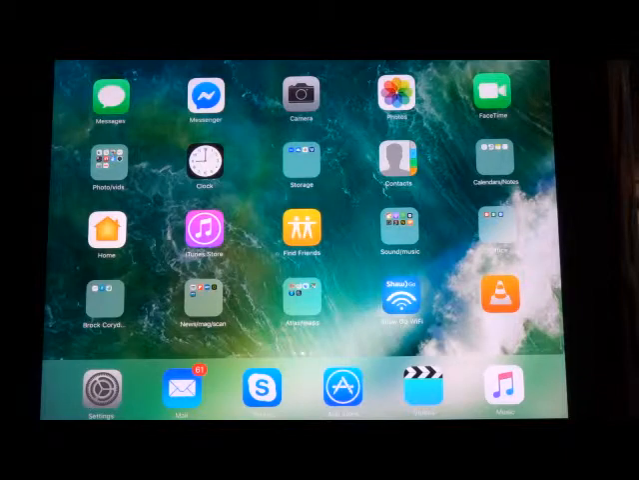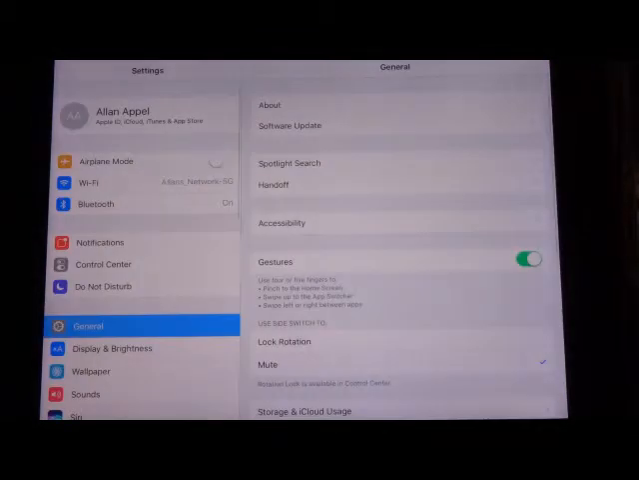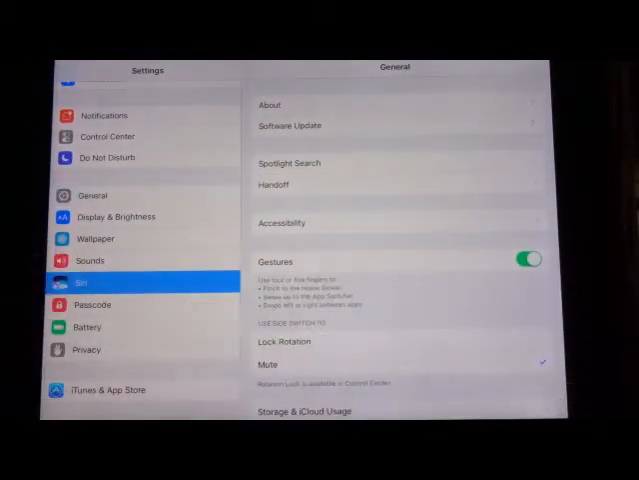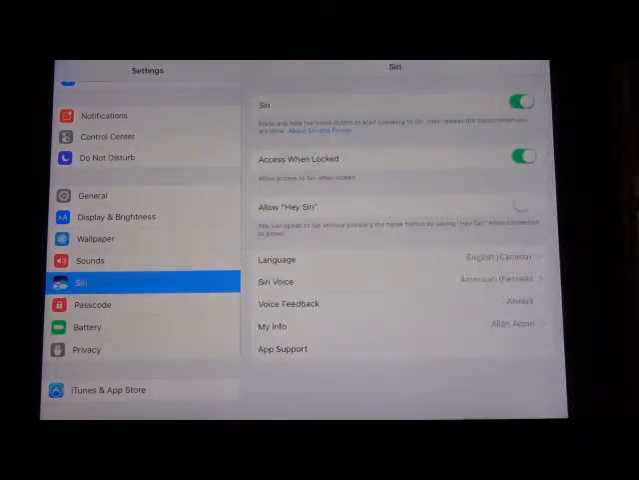Now, if you don't like Siri's voice, you can change it. You go to Settings, and you go down to Siri. She'll be listed here. Okay, you'll notice that Siri is on,